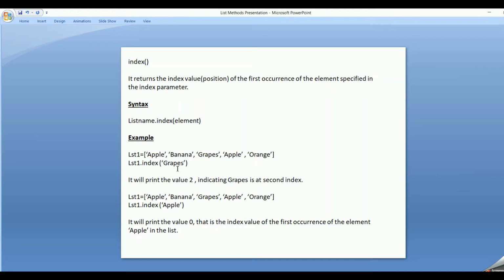So it will print the value 2 indicating that grapes is at second index. And suppose if I give apple, apple is appearing twice in the list. So which index will it return? It will always return the first occurrence of the element's index. So since apple is occurring first at 0th index, it will return the value 0.